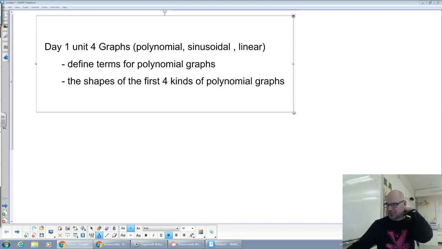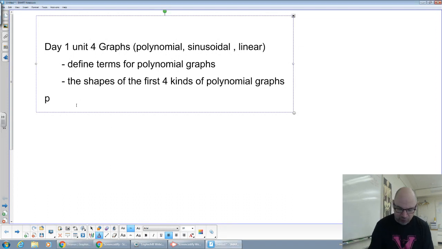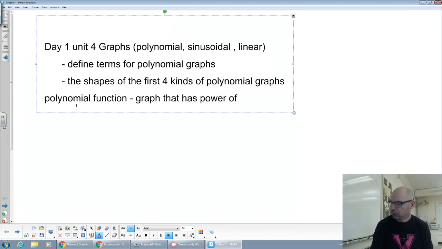So the first thing is we've got to get some definitions down and how things work and what we need to know. So let's start off with basically the degree, a polynomial function first. Oops, I'm writing on the wrong side here. Let's get on this side. So a polynomial function is a graph that has powers of x written in the form